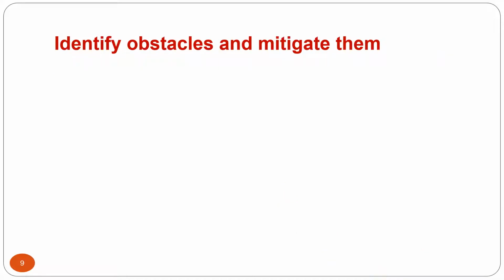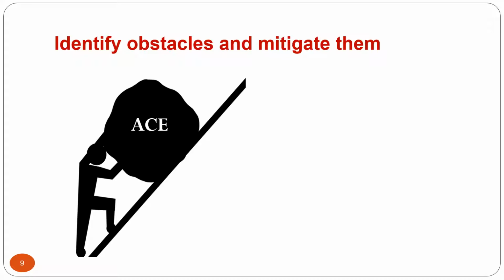And identify obstacles early on in the project. The earlier you can identify them, the faster you can develop mitigation strategies. And ACE is a big project to move forward, so you don't want it to be too much uphill. Maybe because you have too small a team initially. What is seen some places is that the ACE turns out to be very much a one-person show, that the center leader is trying to do everything by themselves, and that limits how much you can achieve.